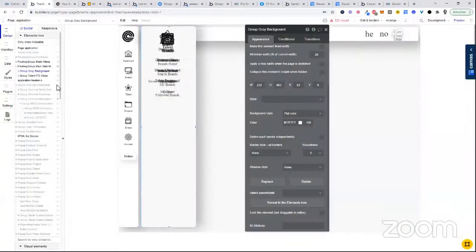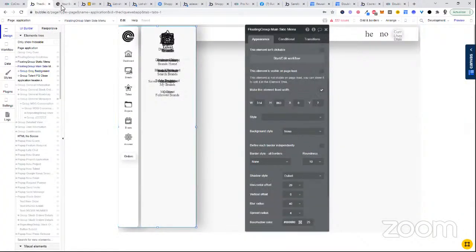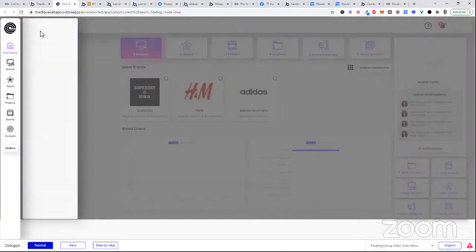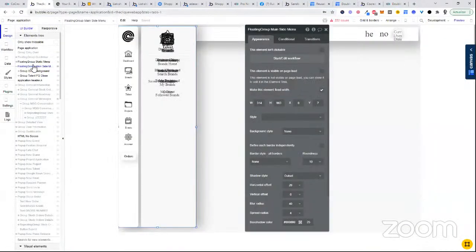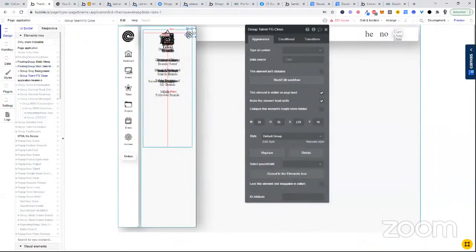What's going on? What's happening, sorry? When I click talent, nothing shows up. Oh, that's weird. Could it be the state though? I think it's because the group talent,